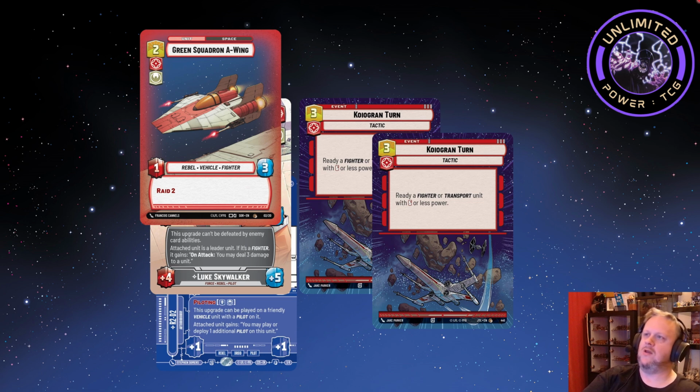Then you ready it with the first Choreogrand Turn, swing for another 8, then you ready it with a second Choreogrand Turn, swing for another 8, for 24 damage over the space of 1 turn. R2 is not in this deck for reasons, which is mainly